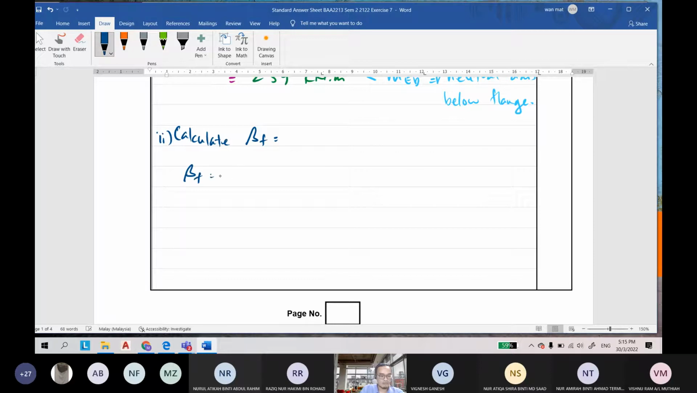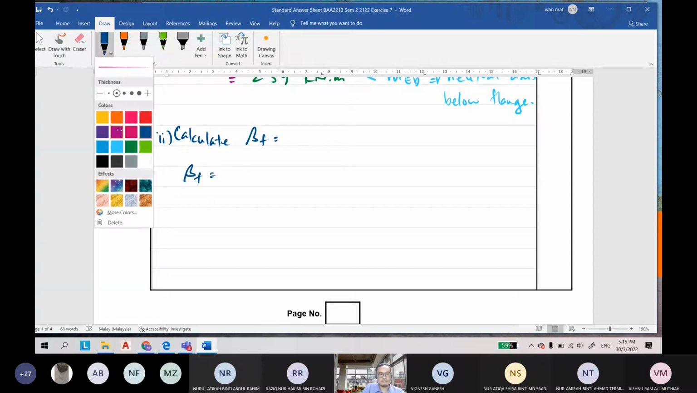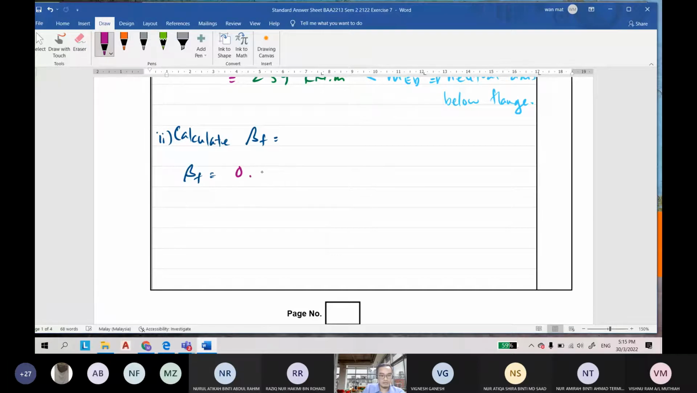Beta F is equal to 0.167 BW over B plus 0.567 HF over D, multiplied by 1 minus BW over B, and multiplied by 1 minus HF over 2D. Then it is equal to